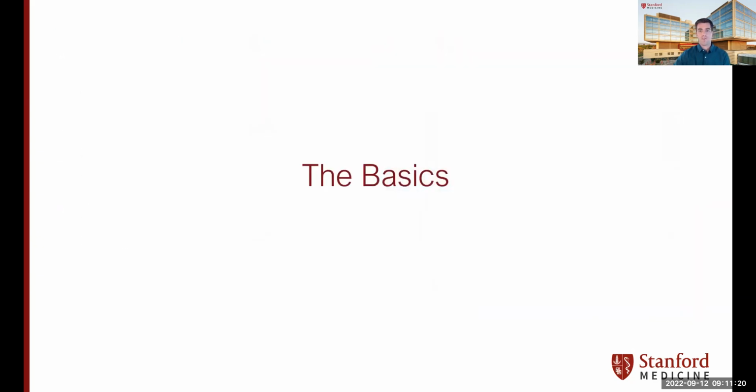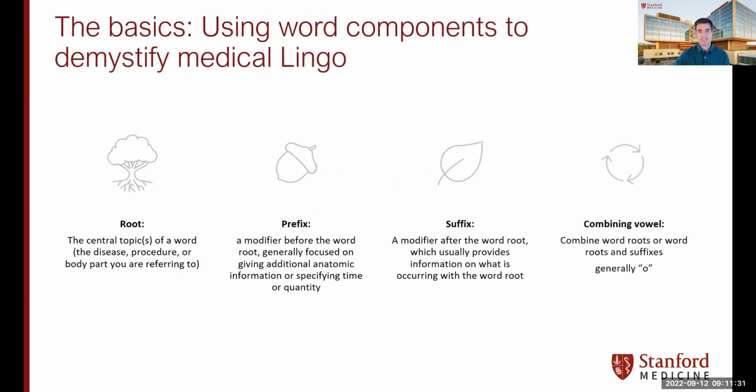So how in the world do we start to simplify this? And I think the important thing is to start with the language part, right? So the language part is the easiest to break down. It's the easiest for us to sort of figure out. And I recognize that this is going sort of back to grade school, but I think it's important to think about what these words are made up of,